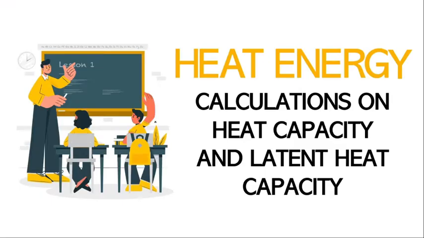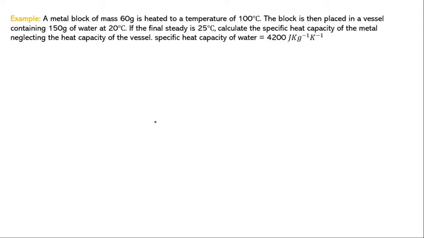So let's begin. Now, in our previous tutorial, we did mention what heat capacity is and what latent heat capacity is, and we also saw one or two basic examples on them. Now, in this tutorial, we want to look at a full set of questions to further understand our knowledge about heat energy. So the first example we want to look at is a metal block of mass 60 grams is